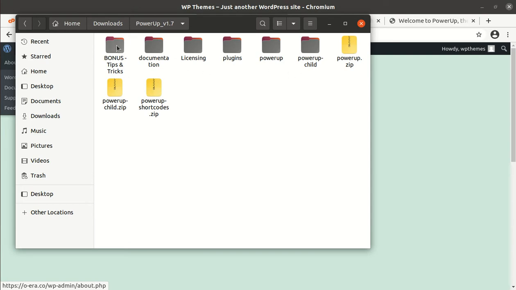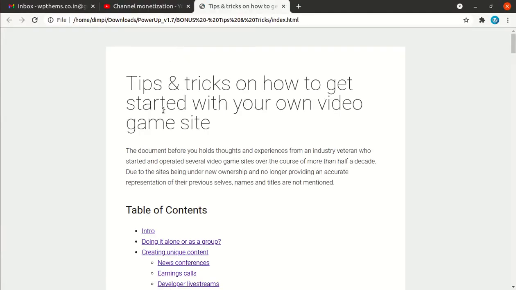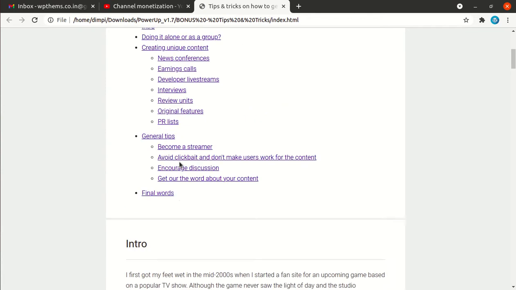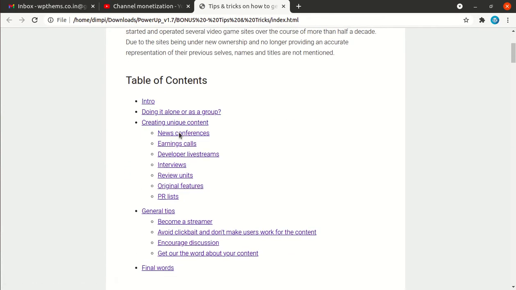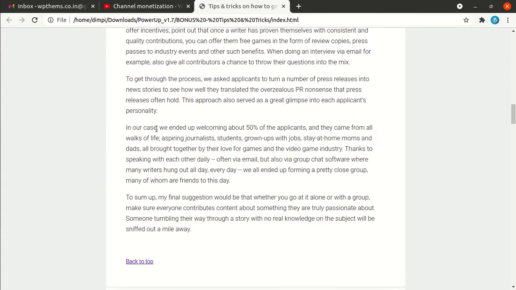First of all, the bonus tips and tricks are here, which come as a bonus with this theme pack, and we can check this. These are the tips and tricks documentation, so you can use this for your knowledge and for implementation.